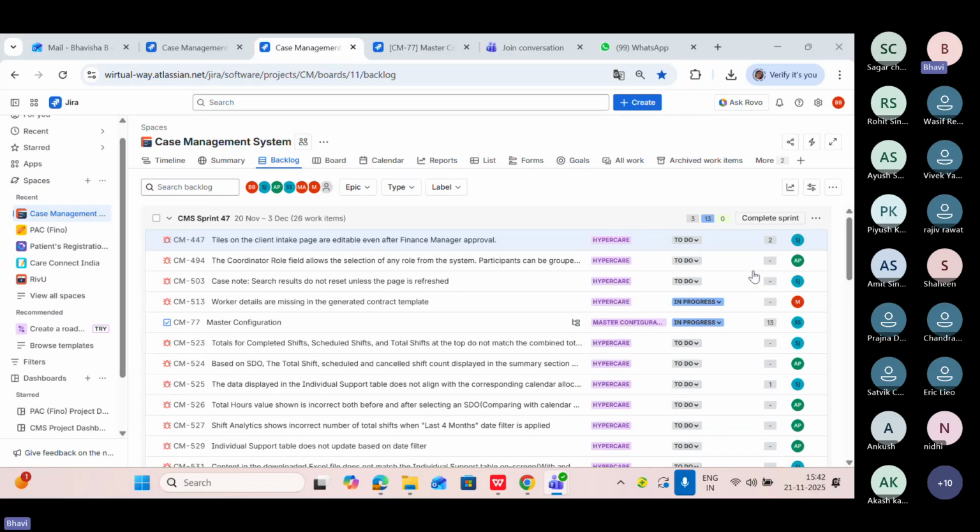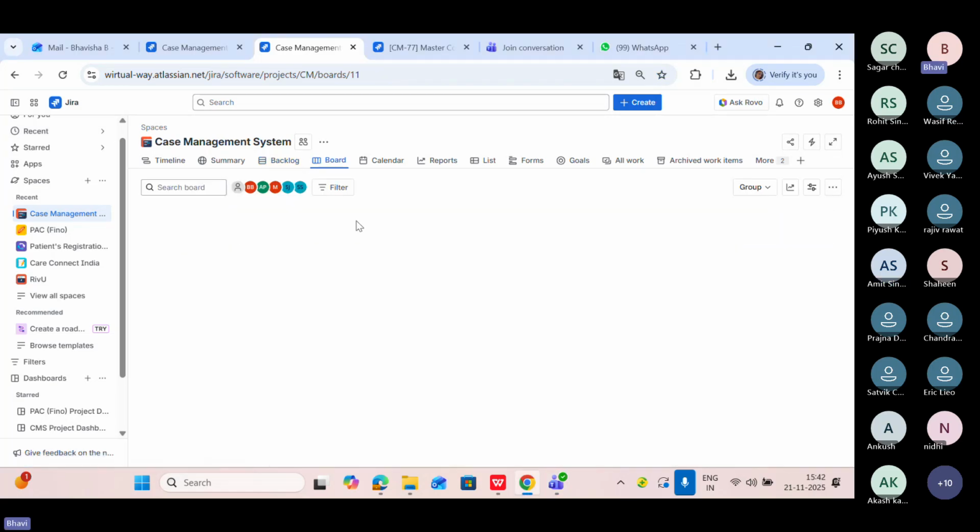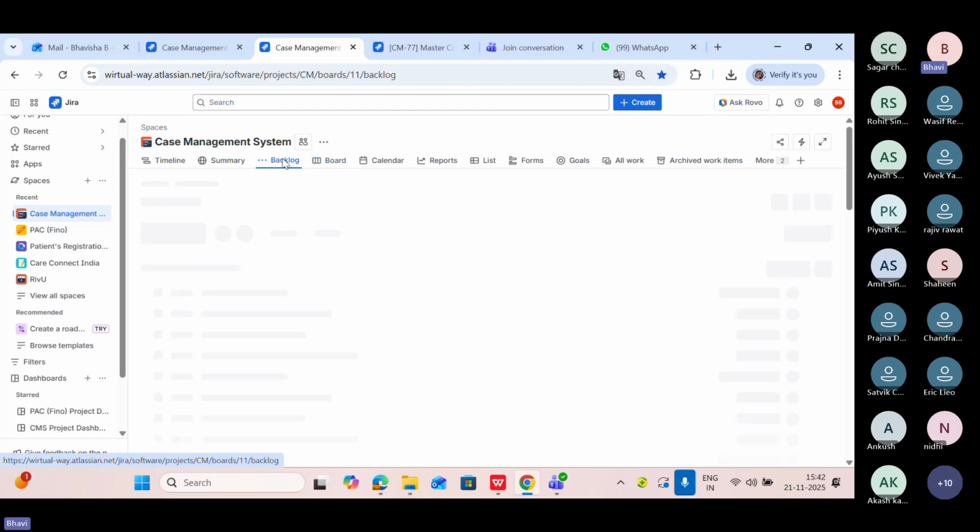Any other question? One more thing you can see in the board. If you want to see a particular developer's tickets, what you have to do is just go here in the board